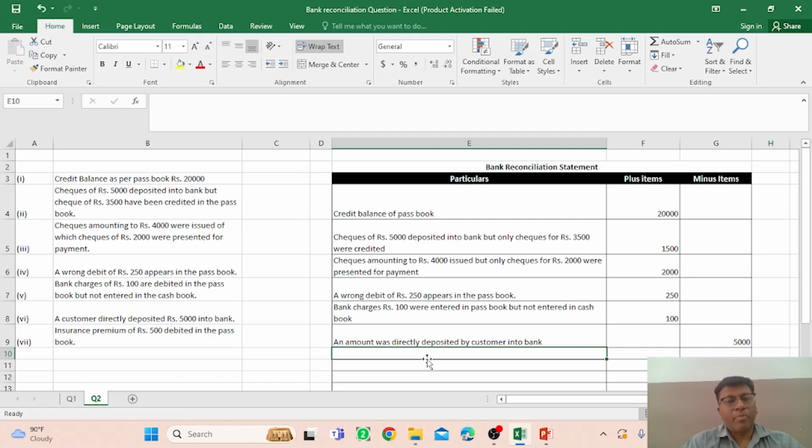So insurance premium was paid by the bank but not entered in cash book, right? So you have to make it plus rupees 500. So this is the case that insurance premium was debited in the passbook,